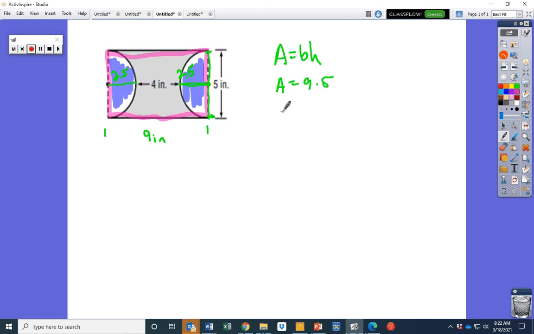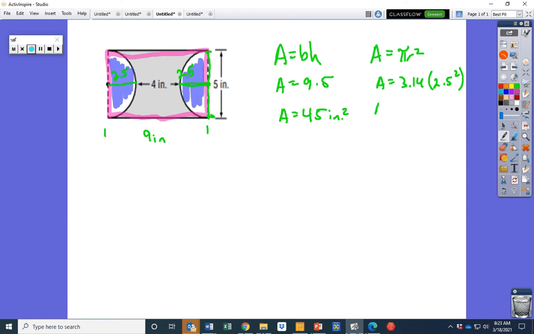What's 9 times 5? So 45 inches squared. That's the area of this whole thing. Now, what do you think I need to do to find the area of these purple parts? What is that? It's a circle. And how do I find the area of a circle? Pi r squared, right? So 3.14, what's the radius? We already determined the radius. It's 2.5